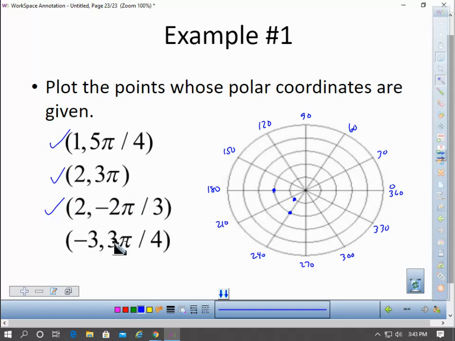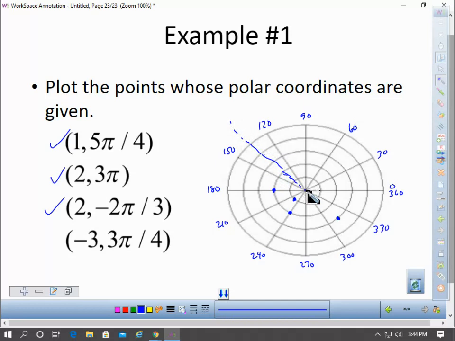Now I want to be at 3 pi over 4, and I want to go negative 3. If you remember, pi over 4 is 45, times 3 is going to be 135. So I want to go around to 135, which is in the middle between 120 and 150. But I want to be at negative 3. If I do positive 3, I'm going to be on this side, so negative 3 puts me over here. So I want to be on the third circle out, but I want to be